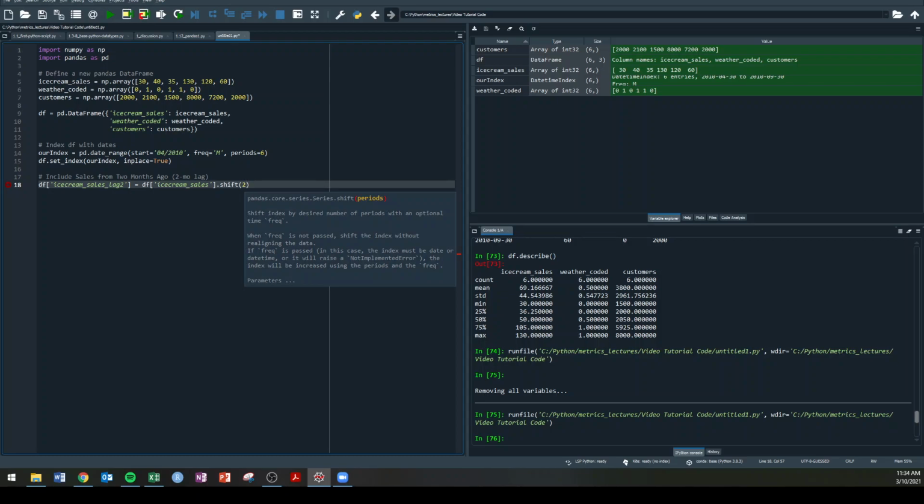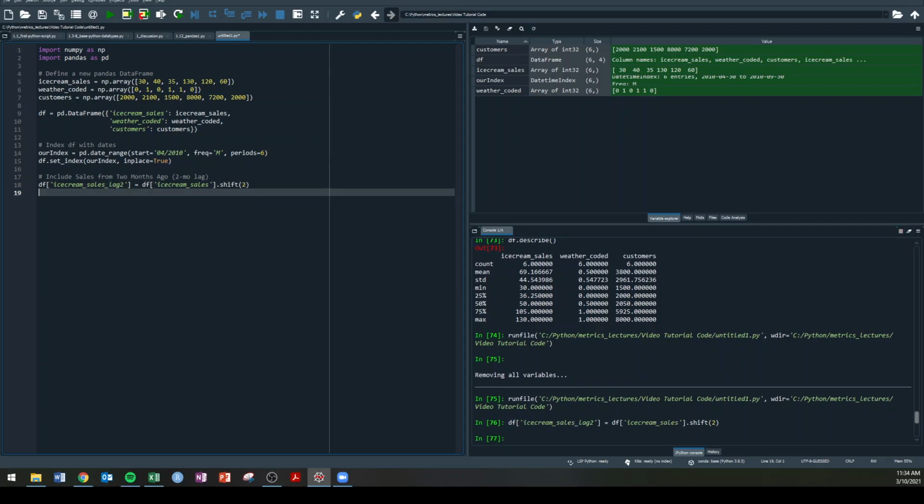What that's going to do is create a lag of 2 observations compared to the original variable. So we'll call that, and if we look at the data frame,